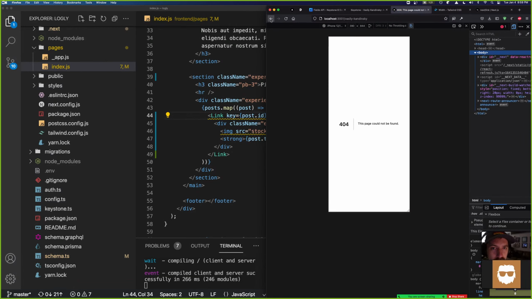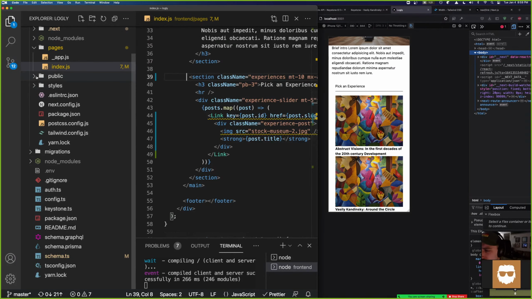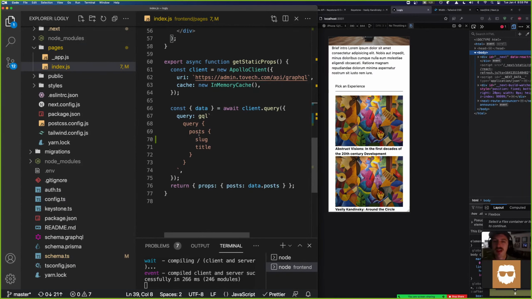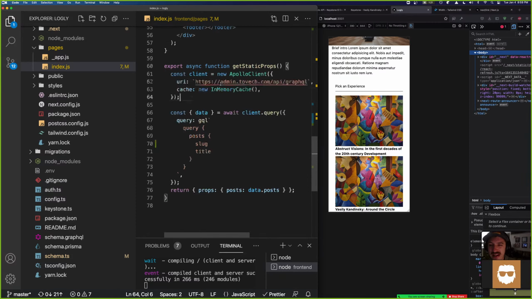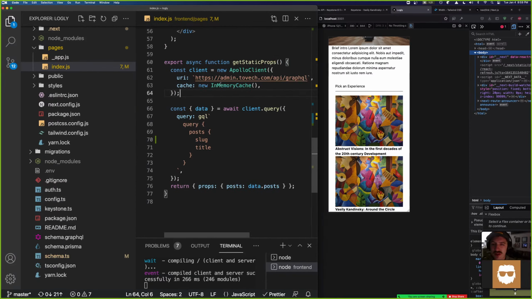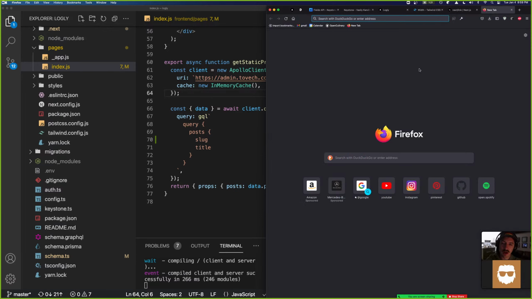However, we now need to set up Next to have a posts page. Oh, this is where it gets a little fancy. We need a posts template that loads. Before we do that, I want to refactor this. I think there's a cleaner way to load my Next Apollo GraphQL data.